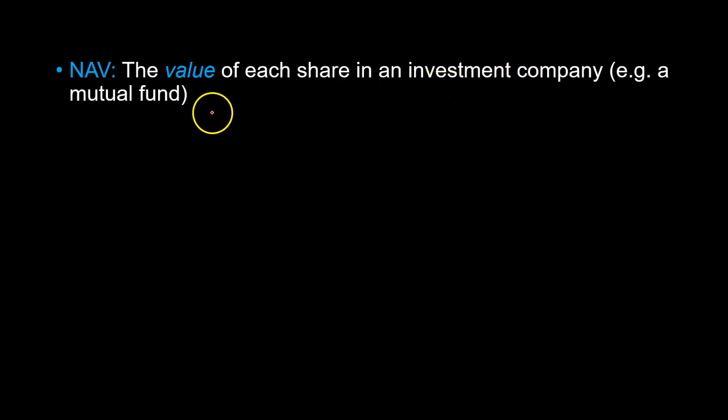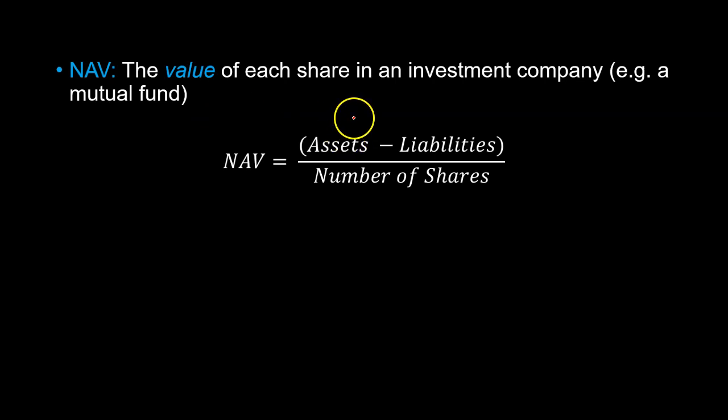And the way you calculate it is that you take a fund's total assets. So this is the value of all the assets that the fund has. Maybe it has some cash and cash equivalents. Maybe it has invested in other securities like stocks and bonds. So you calculate the worth of all those assets. You subtract any liabilities so that you figure out the net value of all the assets, in other words, net of the liabilities, and you divide that by the number of shares.